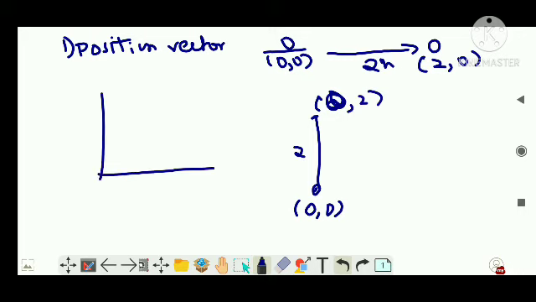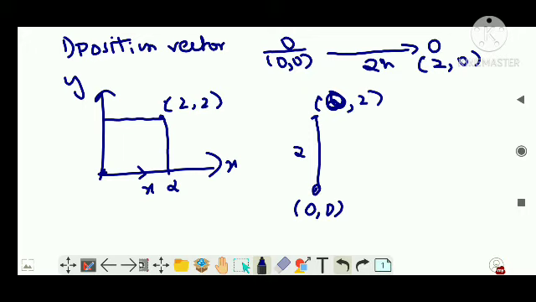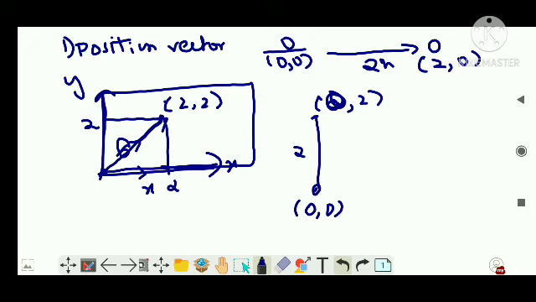Now similarly, if I write for the xy plane, like this is x and this is y, and I say it is displaced from the origin and has reached the point 2, 2. What does it mean? Now its position is at 2, 2, which means it has displaced in both the x direction and y direction by 2 meters. That is, it has moved in this direction. Clear? Let's say it is a car. The car has moved in this direction on this plane. This plane has only two coordinates, x coordinate and y coordinate. The object has moved from this point to this point.